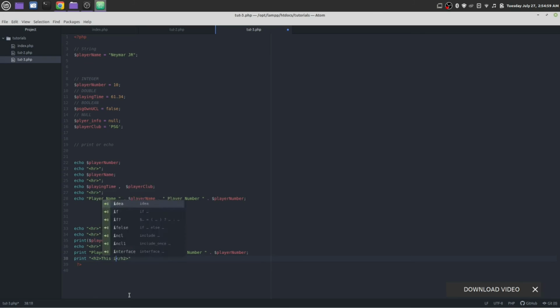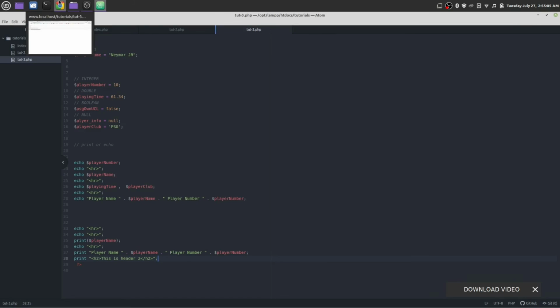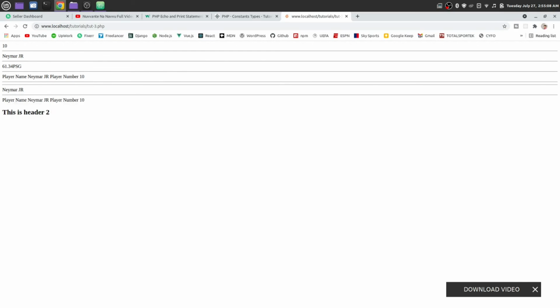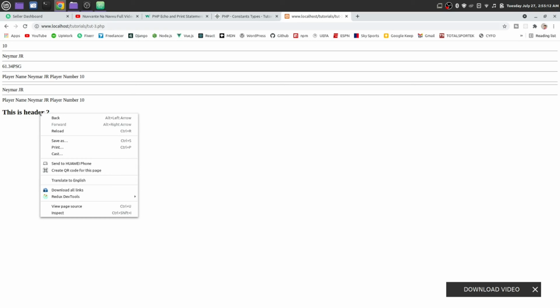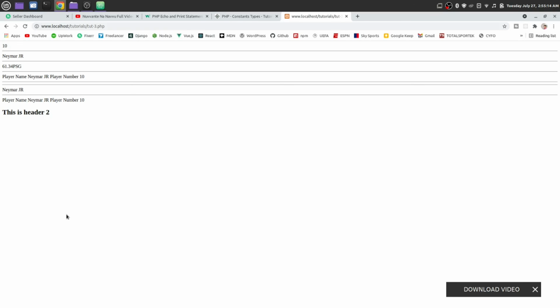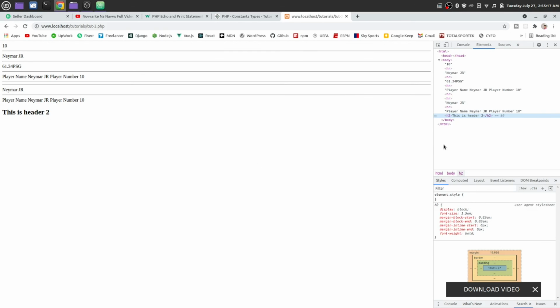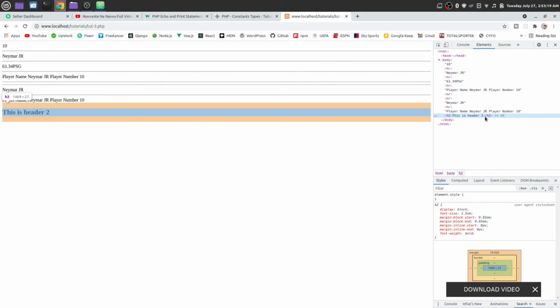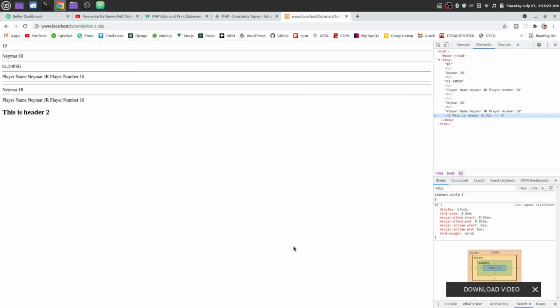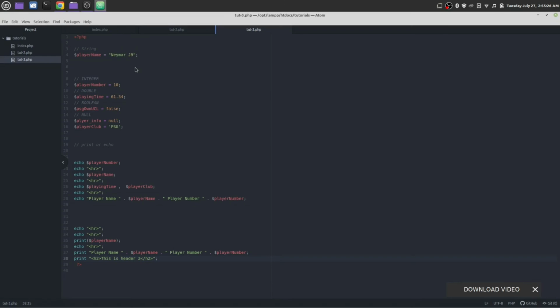This is header 2, semicolon. Let's see what happened. You see this is header 2 and this is the h2 tag. Right click and inspect. Once you inspect, you see this is h2 and inside this h2 we have this is header 2. Okay, that means HTML also can be printed by using this print statement.